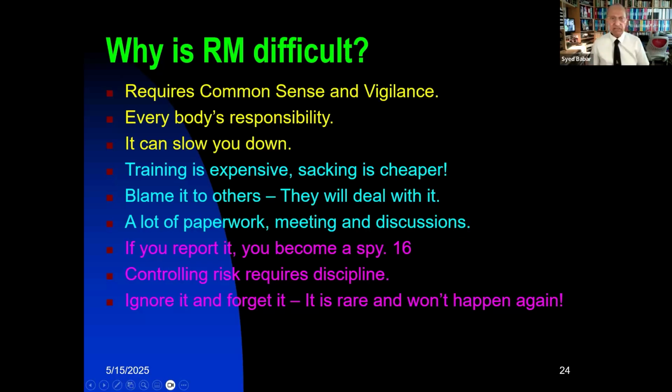So now let's look at why management of risk is difficult. It requires vigilance. Almost immediately, you should do something. You should act on the basis of common sense. Common sense is that modality of innate quality which is difficult to teach. You learn it from experience, modeling, from speaking to a mentor, seeing others produce a good job, and that you develop common sense in relation to specific tasks and specific problems. It is everybody's responsibility